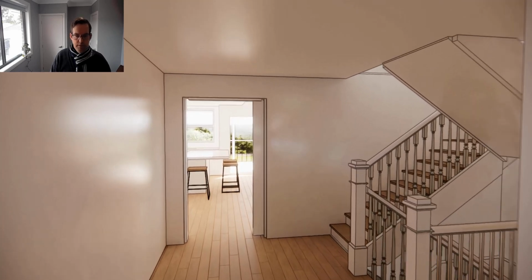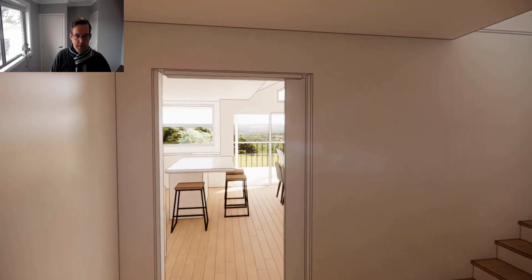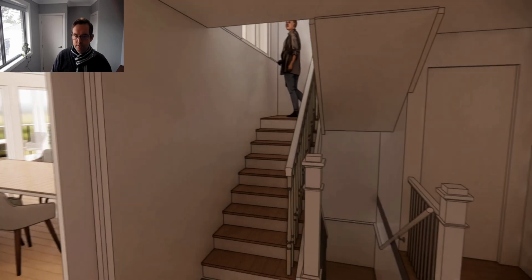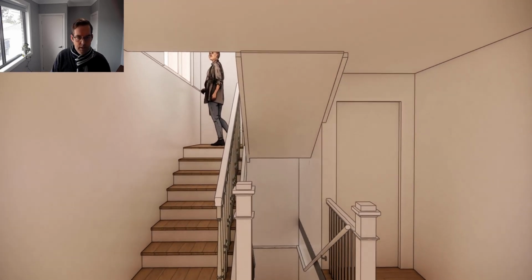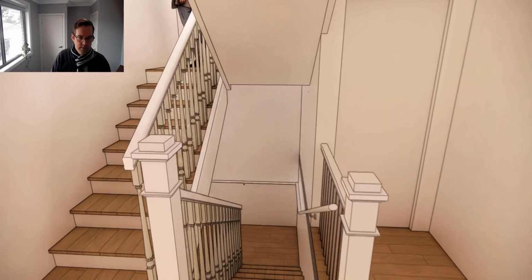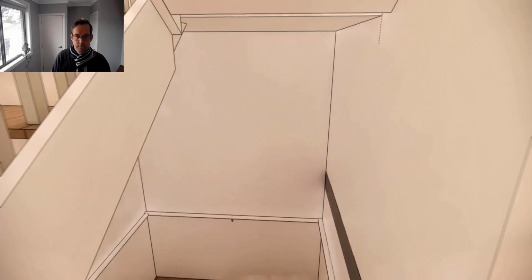So this is walking in from the entry. See the living room out here, and then the stairs with the opening at the top of that landing. But let's go and have a look downstairs and look at the impact of the design of the columns underneath